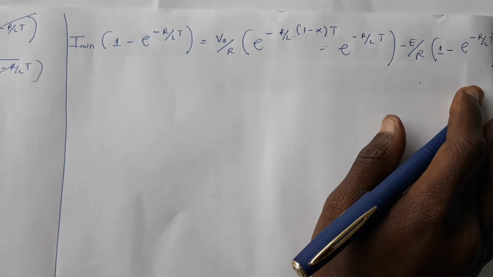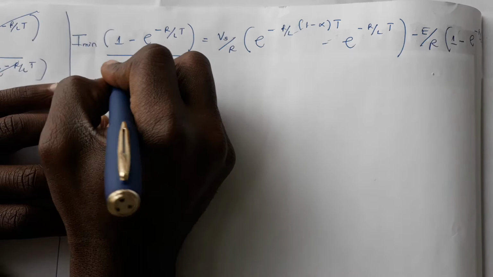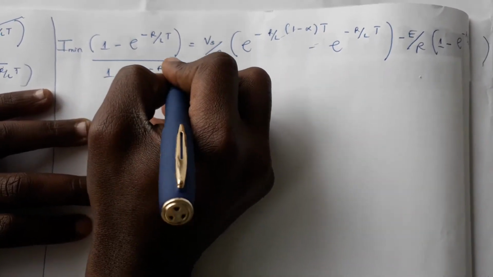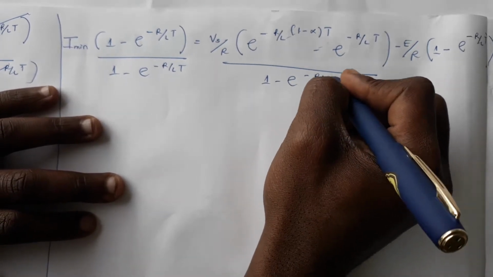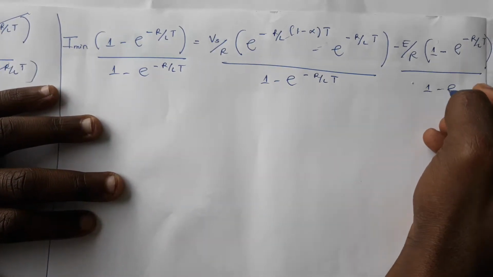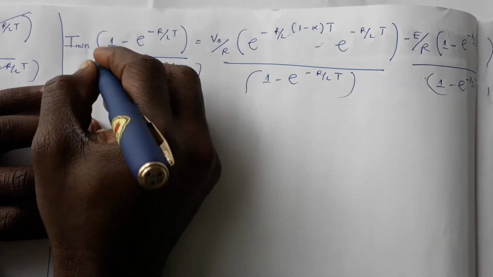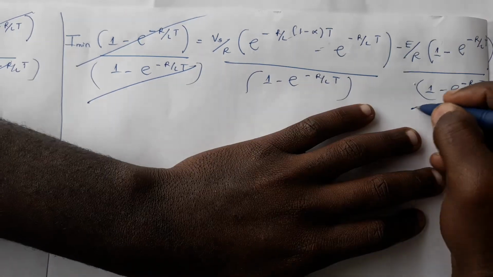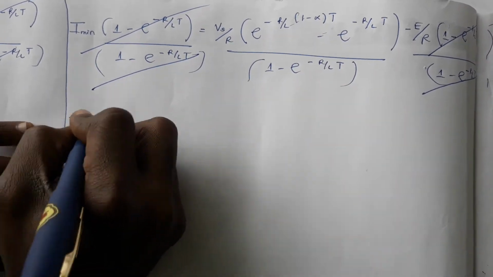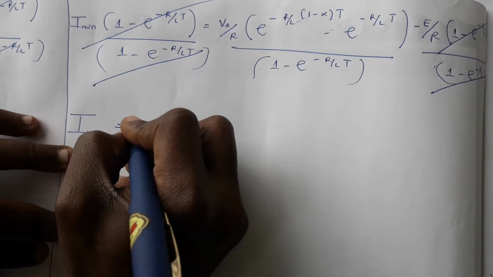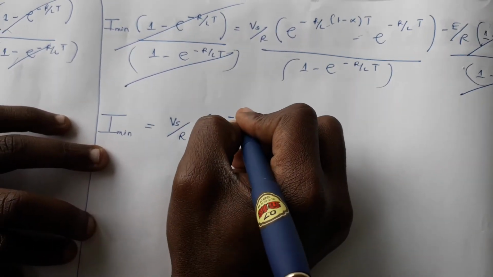So we can therefore divide both sides by 1 minus exponential minus R over L T, over 1 minus exponential minus R over L T. So this goes with that. Similarly, this goes with that. So this side will remain with D over R alone. So we have Imin then becomes Vs over R,